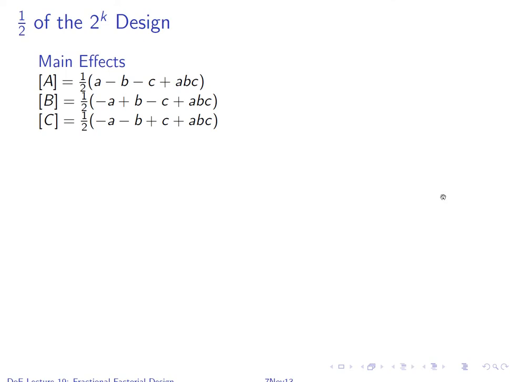But here's how we'll measure the main effects for this 1/2 of the 2 to the k design, or in our case 2 to the 3 design. The main effect A is measured by adding 2, not 4, experimental runs' response variables. As you can see, the case where A, B, C are all high has A high, and the experimental run where A is high, B is low, and C is low,